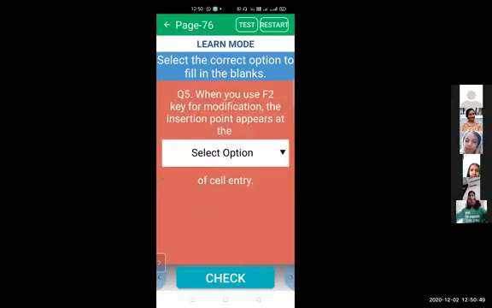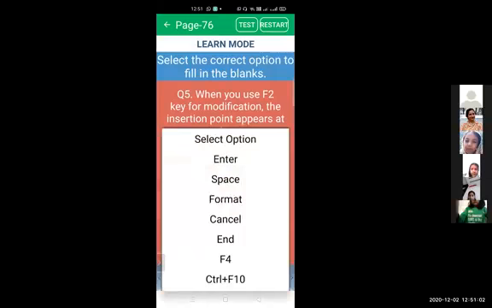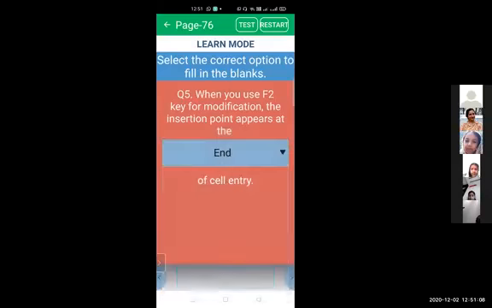All right, next statement is when you use F2 key for modification, the insertion point appears at the dash. Where does end? Okay, all right. So I'm getting so many correct answers. So insertion point appears at the end of the cell entry.